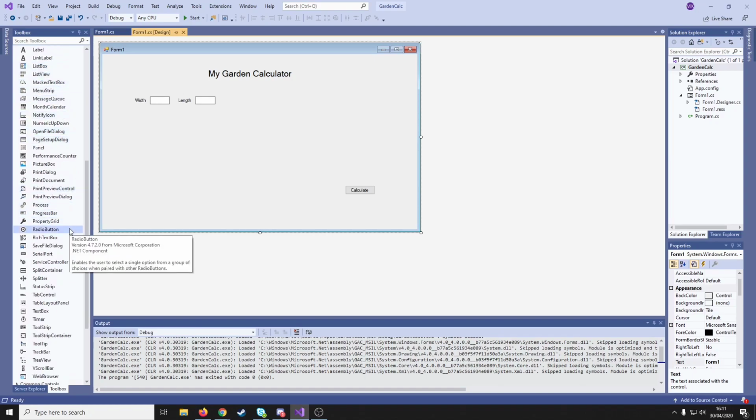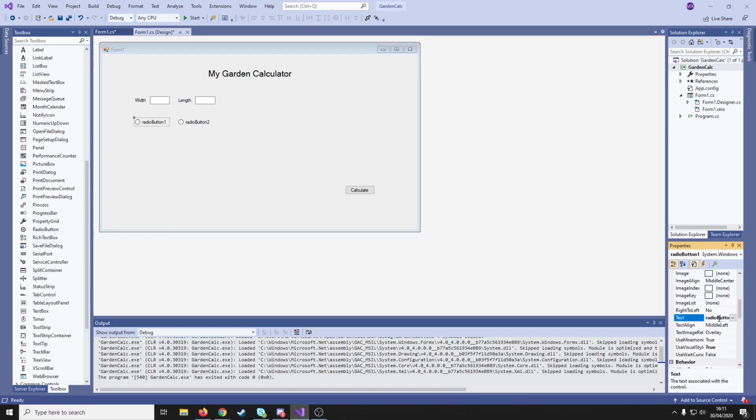Now normally you want to group these together because a single form will reference radio buttons all in the same place. So if you want to use multiple sets of radio buttons, you want to group them. But for now we're not too concerned about that, we just want to have one set of radio buttons. So I'll take one of these and take another one, and that's our two turfs. Now you see radio button 1 and radio button 2. So I'm going to change this text in radio button to be